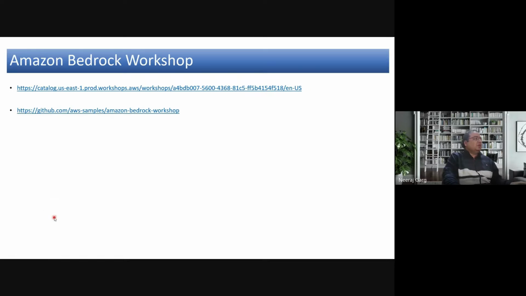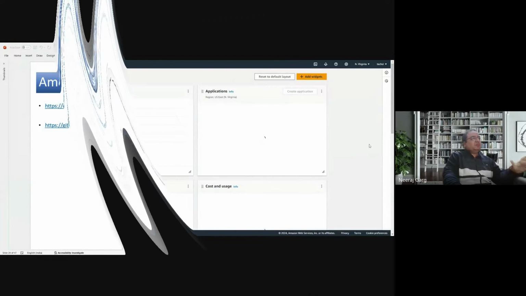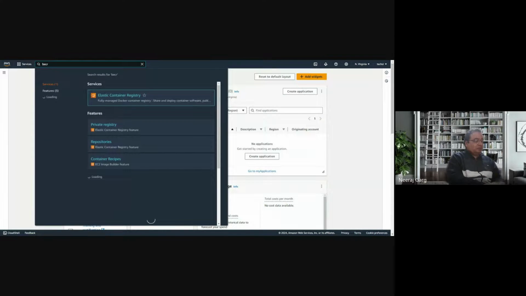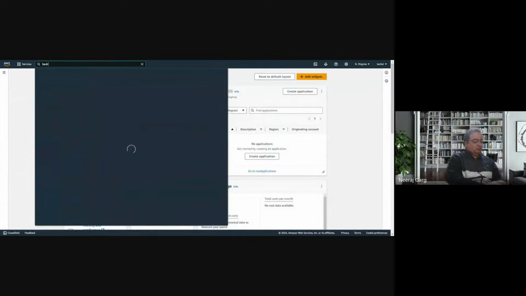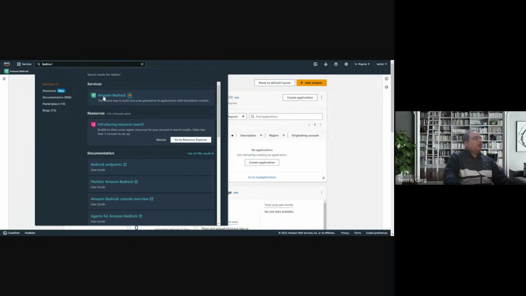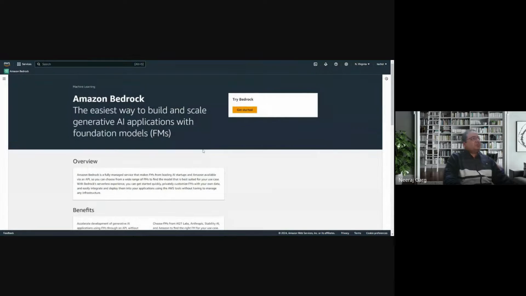You guys already know that. So now it's time to log into the AWS console. You have been familiar with it by now. I am assuming that you have logged in, and here if you type Bedrock, you will see the Bedrock service. You can add it to your favorites, which will start appearing at the top here. You can click here, Amazon Bedrock, and